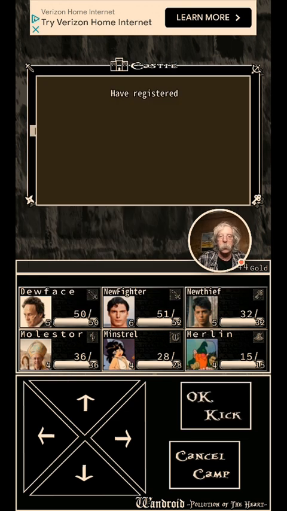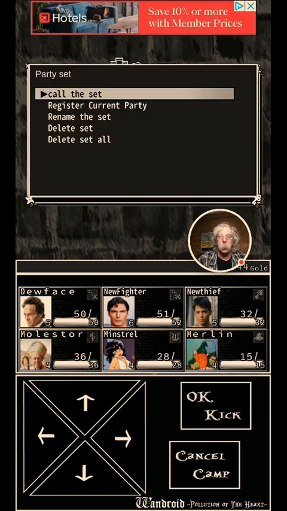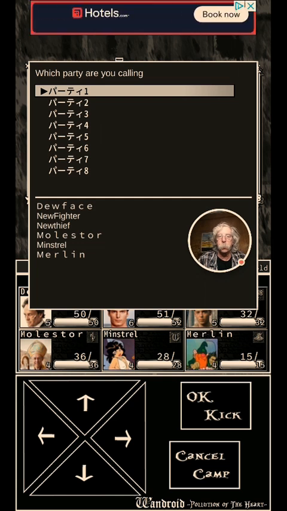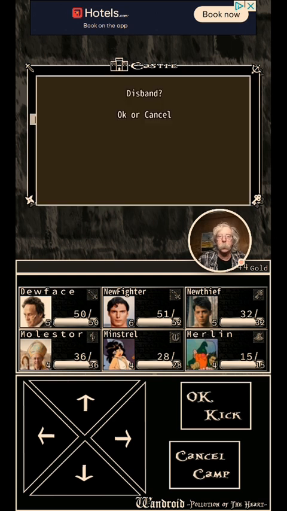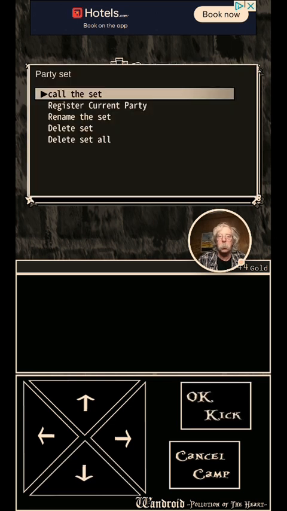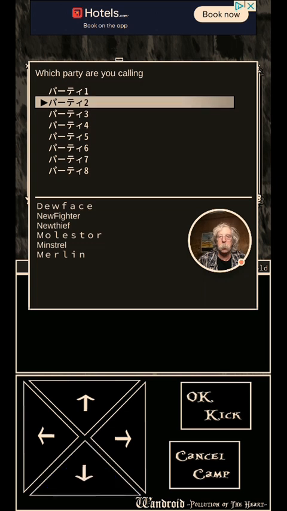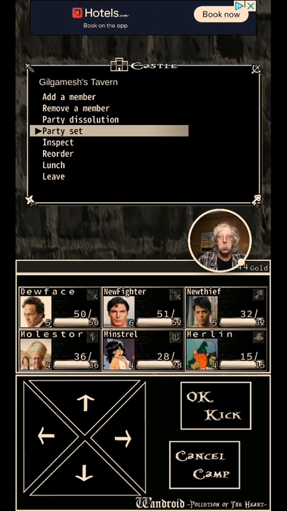Let me switch to that one. Okay. Call the set. That's the one I'm playing right now. And we will call this set Disband. Oh, I accidentally saved it as both. I'll have to redefine the other one. You have to be careful with that, I guess. Anyway,